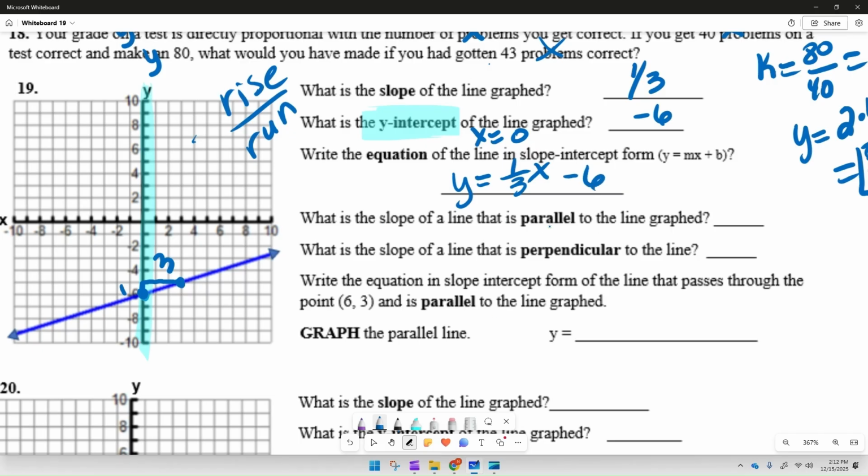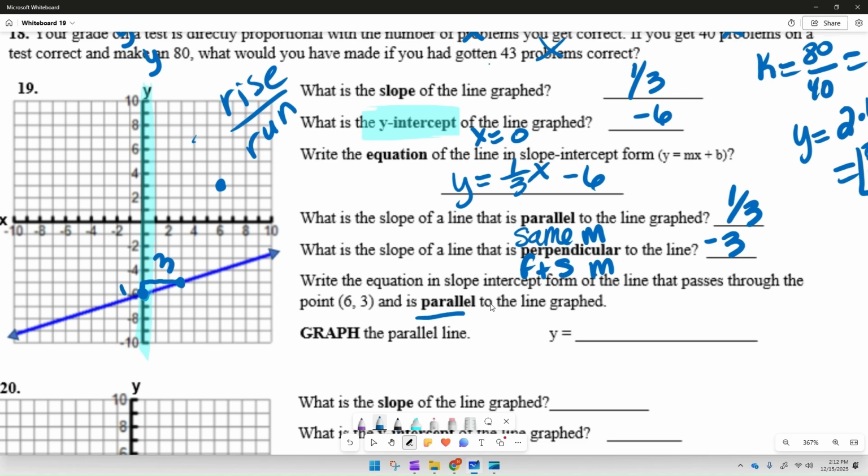We want the slope of a line that is parallel, so that means same slope to the line graphed. So that is a slope of 1/3. Perpendicular, we want to flip and switch the slope. So that means since this is positive, we now need it to become negative, so that's going to be -3. Now we're going to write the equation and graph our line that is parallel. So if I have the point 6, 3,